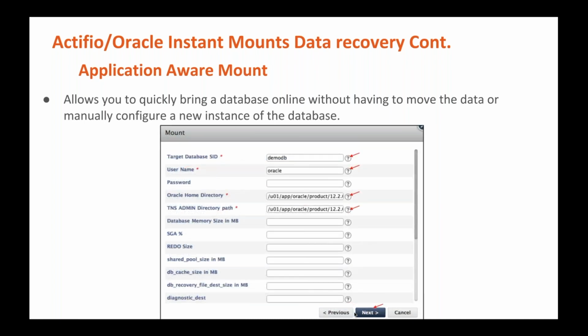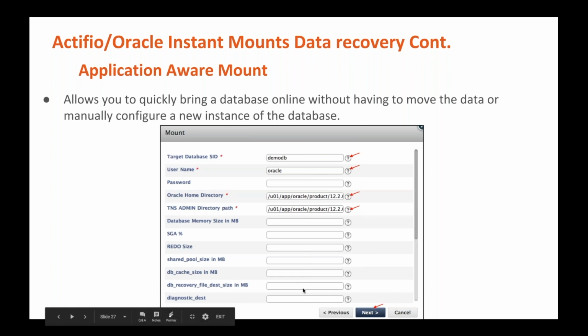and it displays another screen, which is mount options, right? What is the database name you want to give for this mount, say for example, demo database? What is the username owning the Oracle software on the target host where you are performing this cloning? And what are the Oracle home directory and TNS admin paths you want to use on the target host? This is because you might have multiple Oracle homes running on the same target host. It is not uncommon; one might be an 11g home and another a 12c release 2 home, but you want to create this cloned copy on the 12c release 2 home. You select that home and the TNS admin path,